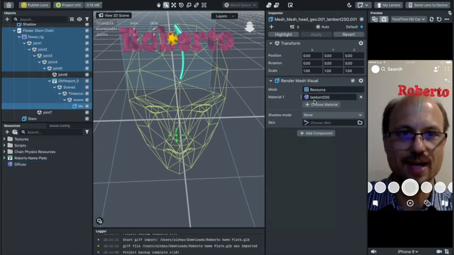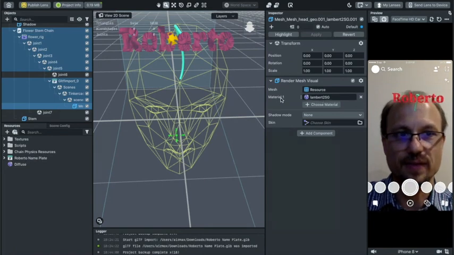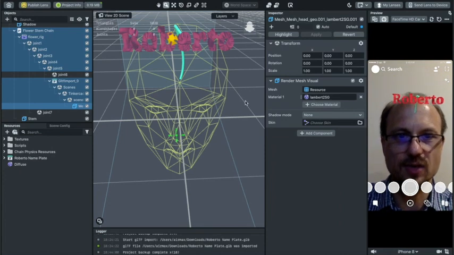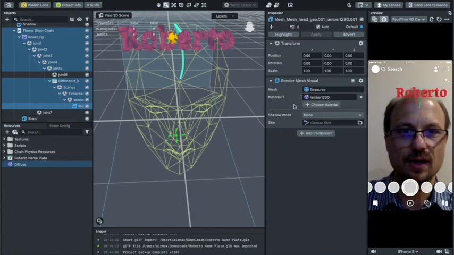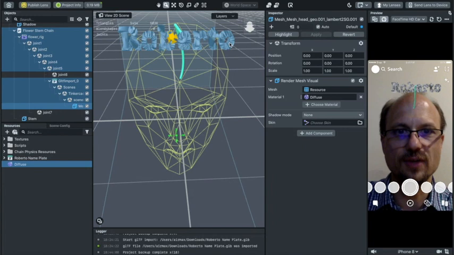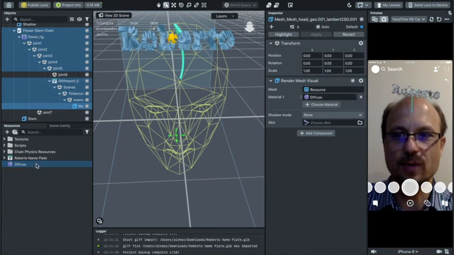So in other words, right now it says Lambert 2SG, right? That's what this Roberto is currently using as its material. We have to change that to diffuse, right? So we're going to drag this onto the inspector window right where it says material 1, and now change that to diffuse. So you can see that the color's changed, and we can play around with the settings by clicking